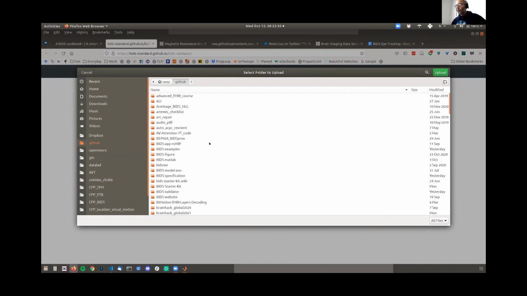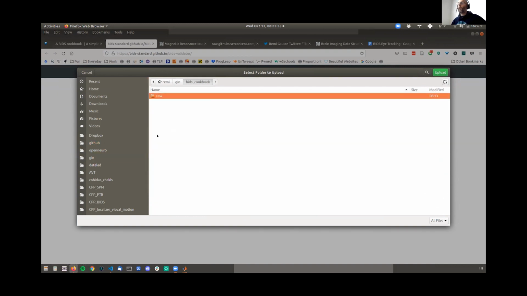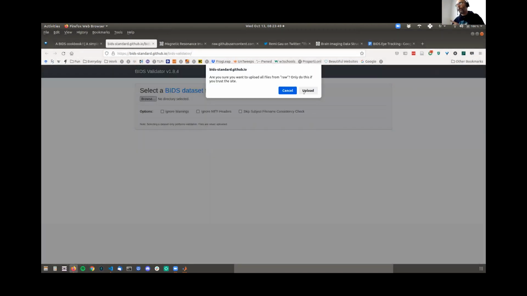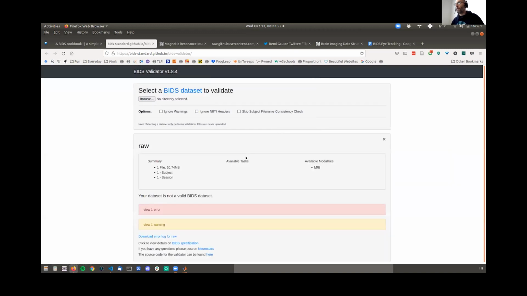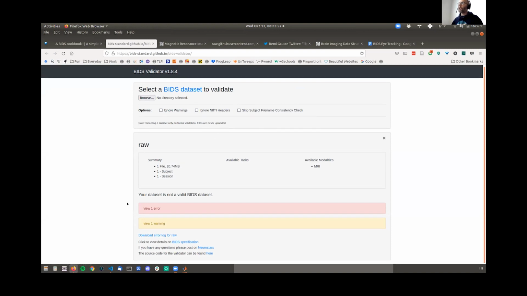Cool. Okay. So where did I put this data again? Right there. Oh yeah, and one thing just to know is that your data is never uploaded, so don't worry about privacy issues. It only checks the file names and the folder structure. So it says upload on the button, but it doesn't actually upload anything. It gives you a report on what it did find in your dataset and whether there's something that makes the dataset not valid, or whether there are some things that could be added.